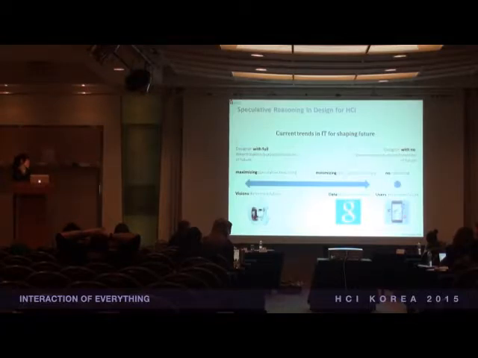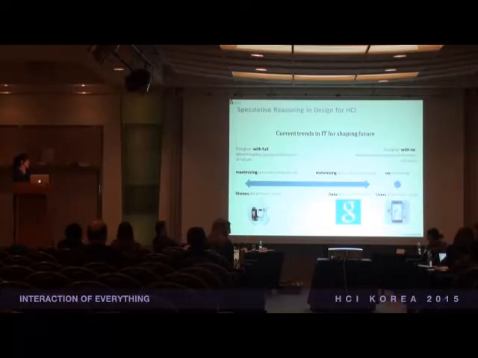I cannot say which one is better, but they are different ways of working along this line. Different intensities of speculative reasoning have a different impact on the future, and also different ways of approaching how to shape the future. And for the part that I tackled, I couldn't pick up the representative one yet, but I think we are starting to see.